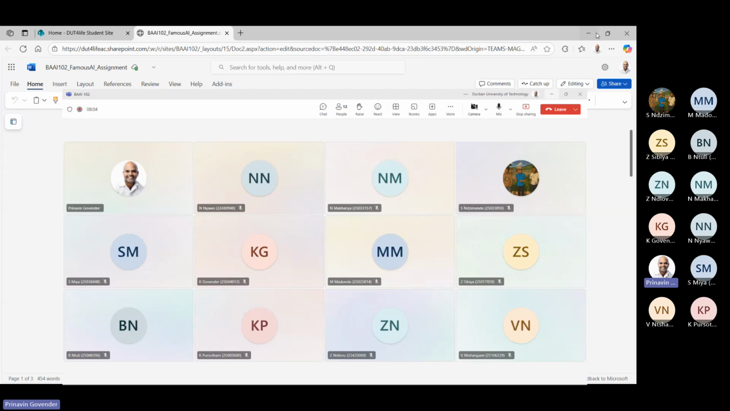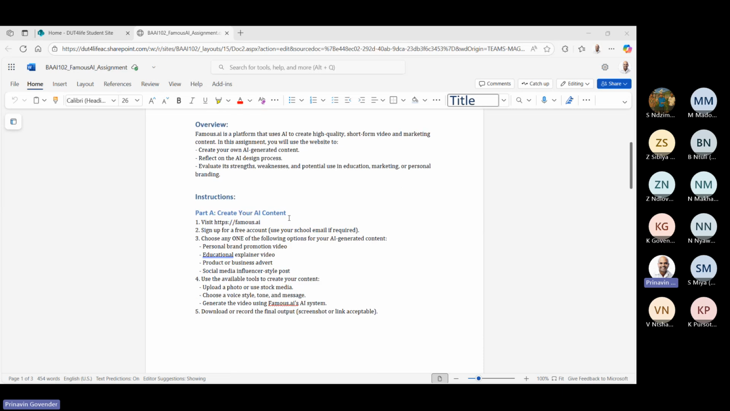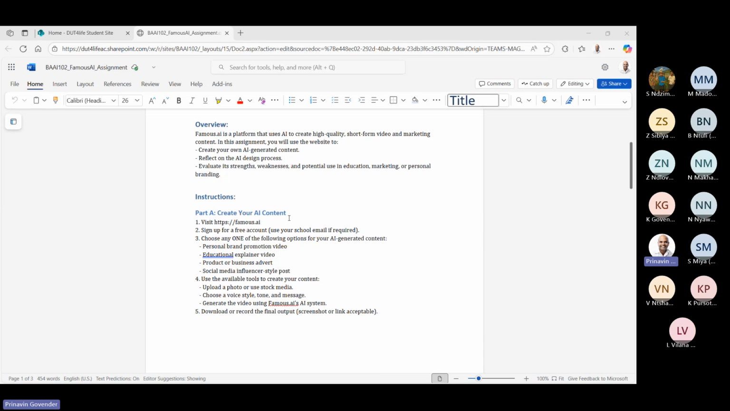It says the objective of the assignment was to explore AI. Now our course is called Basic Applications of Artificial Intelligence, and used to generate and promote content. The website that we're using is www.famous.ai, a platform, right? And we want to create AI generated content, right? And I had asked you to create a prompt that includes input, processing, and output. That's the basic, let's call it